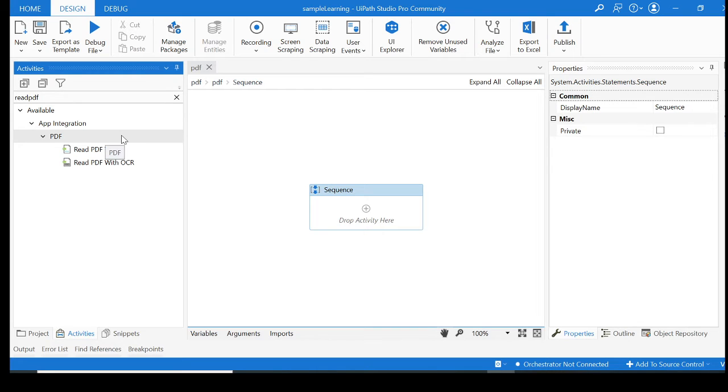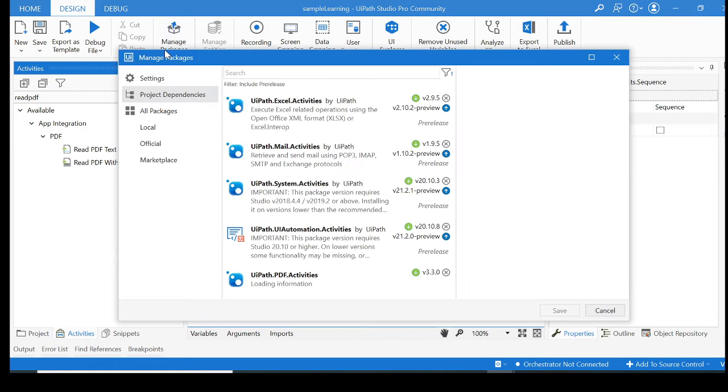If you're new to UiPath, we all know that UiPath comes with a lot of different packages. But suppose you're trying to work on something different. Suppose it is email, and email is not there by default in UiPath. Or you want to work on PDF, and PDF is not handled by default when you download UiPath. What you can do is always go to manage packages.